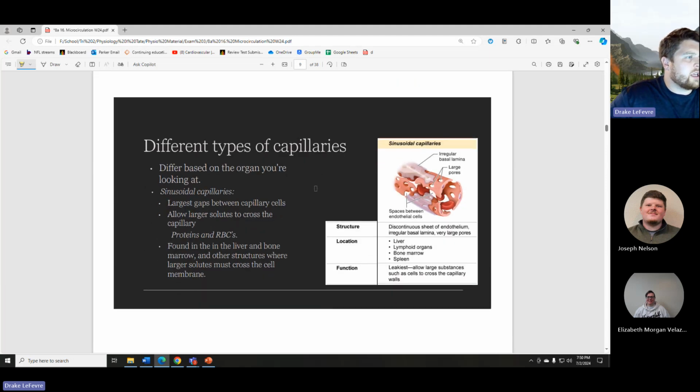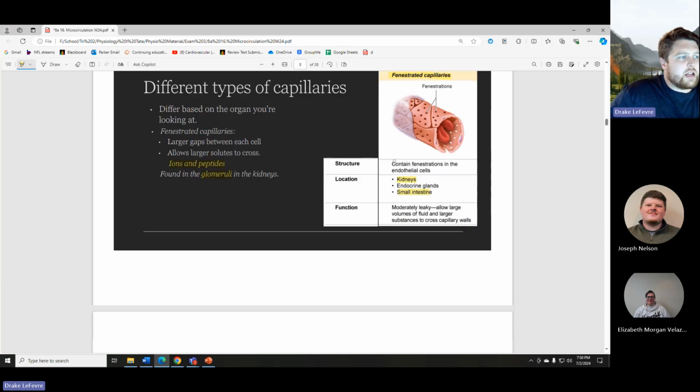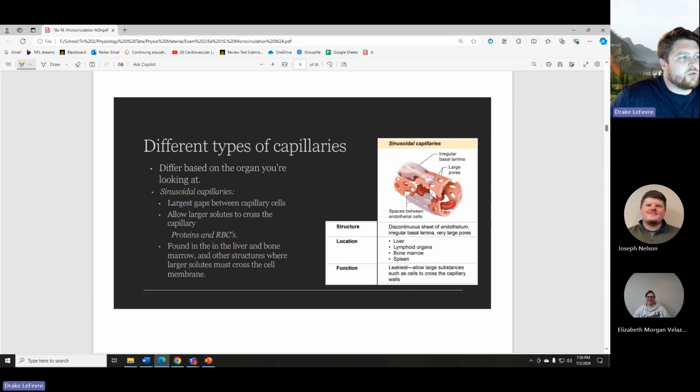There's a big structure on the kidneys. So we have continuous, we have fenestrated, and then we have sinusoidal, kind of like a sinus cavity. Sinus cavities are really big cavities. I have a lot of them in our face. We have our maxillary sinus, our frontal sinus, the ethmoid sinuses. So these guys have the largest gaps, and these allow the big stuff like proteins and red blood cells to